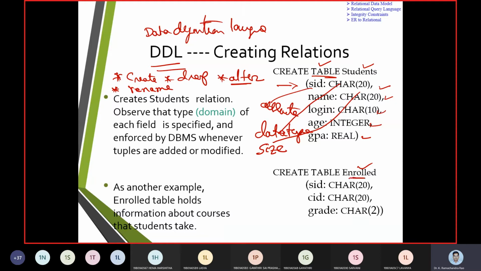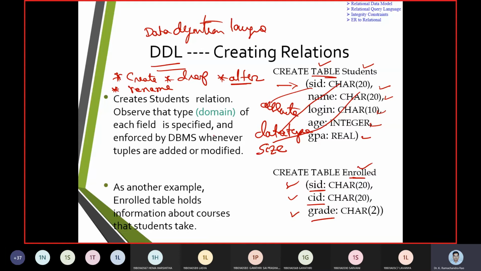Next we are going to have enrolled, with SID, CID and grade. So we again took up another table with SID, CID and grade. In this way we have made a link between two tables, that is student and enrolled.